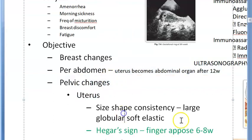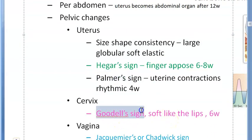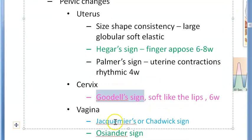Then pelvic changes. Uterus, we told you the shape will become big, globular, soft and elastic. Hegar sign, basically the fingers will oppose. Palmer sign, uterine contractions are rhythmic even from 4 weeks. Cervix, Goodell sign, soft like lips. Vagina, Jacquemier sign or Chadwick sign, that is the anterior vaginal wall is blue. Osiander sign is basically to say that increased pulsations